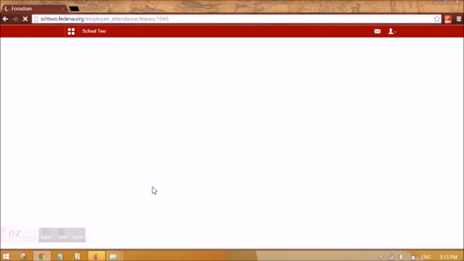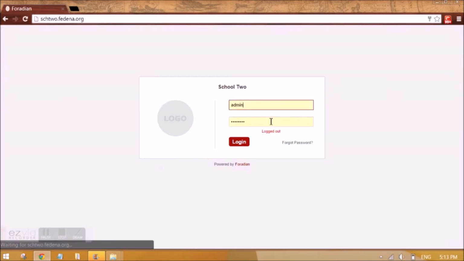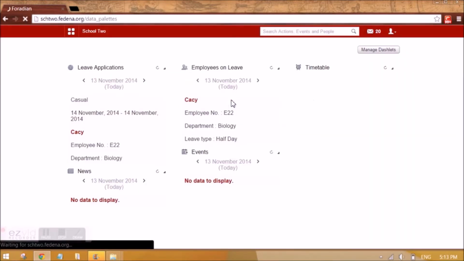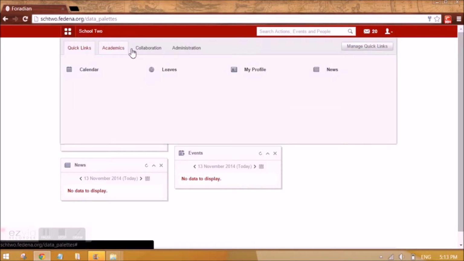And this leave application will be actually going to the manager. So in the last video, we've selected Anuradha as the manager of Casey. So I'm going to log in as the manager now. So manager employee. I remember the ID. So I'm logging in with the ID. And you can see that we'll go to leaves.